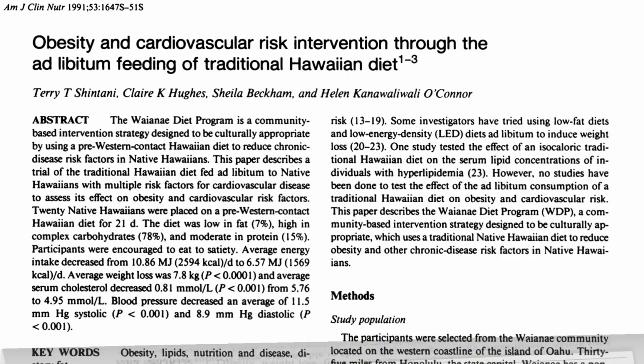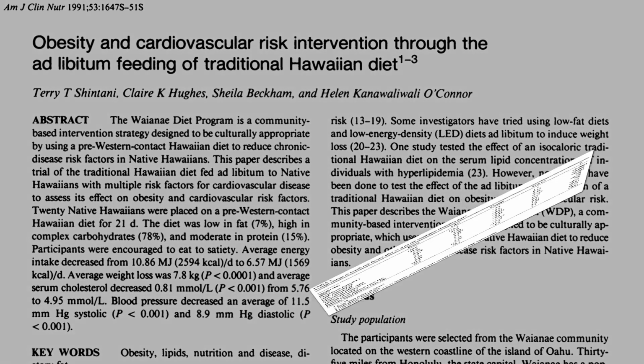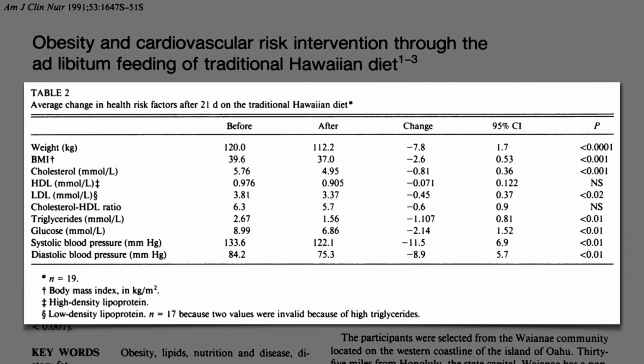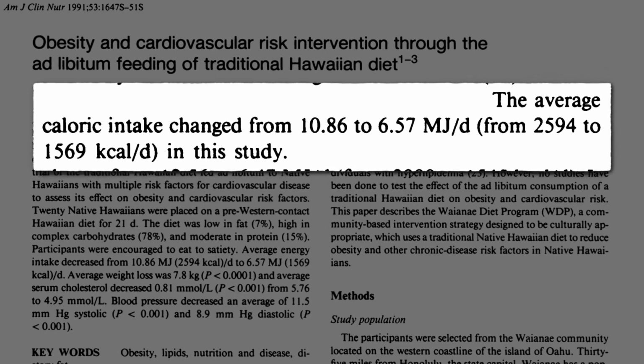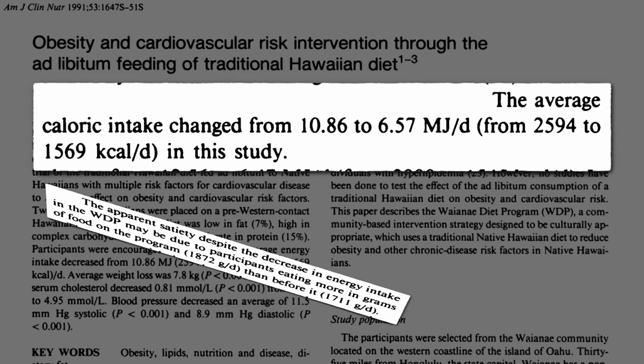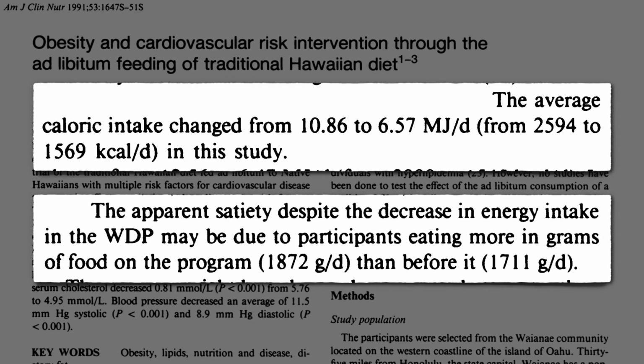They tried this in Hawaii, putting people on a traditional Hawaiian diet with all the plant foods they could eat. Lost an average of 17 pounds in just 21 days, resulting in better cholesterol, triglycerides, blood sugars, and blood pressure. Caloric intake dropped 40%, but not by eating less food. In fact, they lost 17 pounds in 21 days eating more food, 4 pounds of food. But because plants tend to be so calorically dilute, one can stuff oneself without getting the same kind of weight